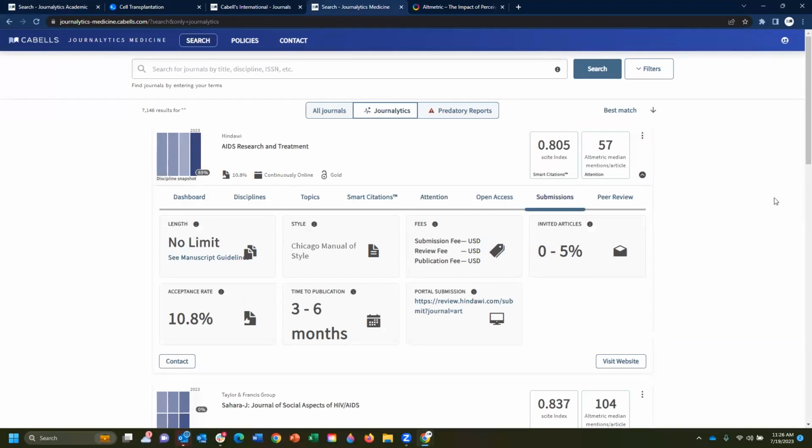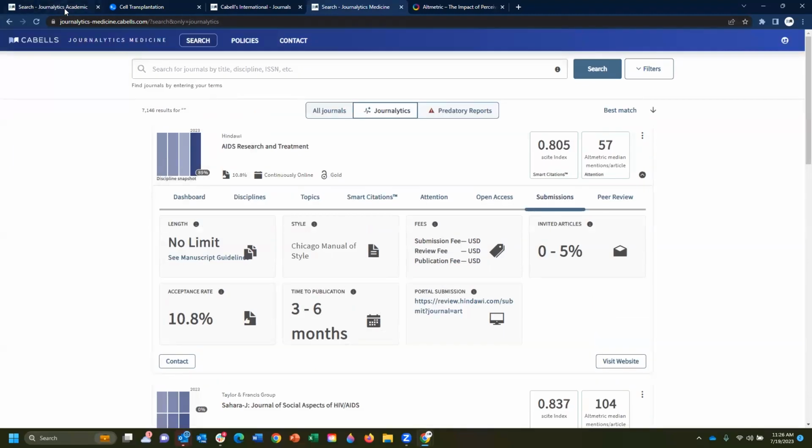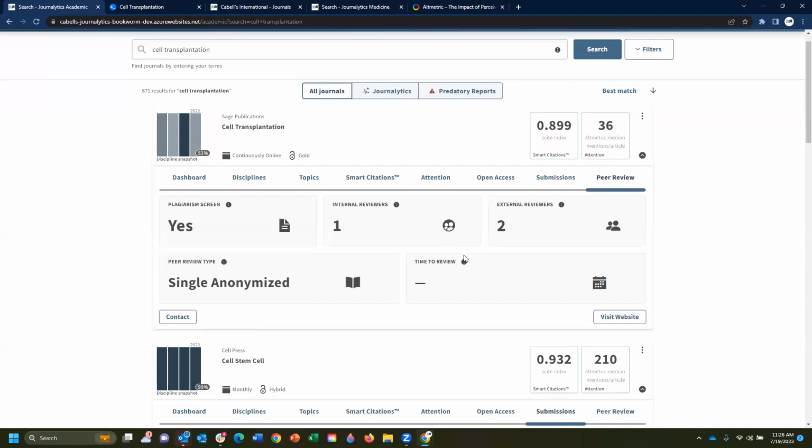This is an entry from our medicine platform. And this is the kind of information we typically want to and usually do provide. And I think this is really important information, especially with timelines. Same thing with the peer review section. Same with submissions. We get this information from the journals themselves. So, whatever we can get, we want to